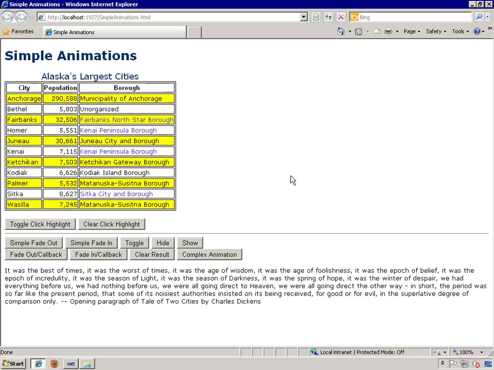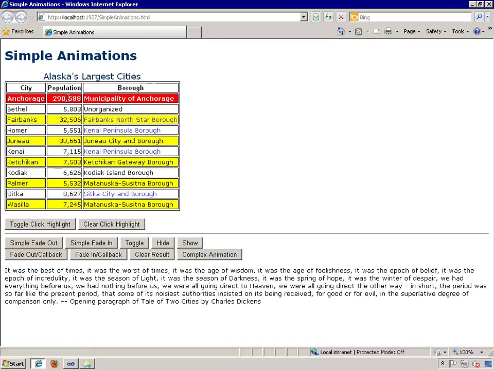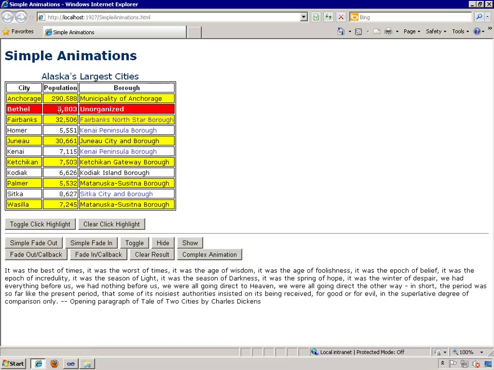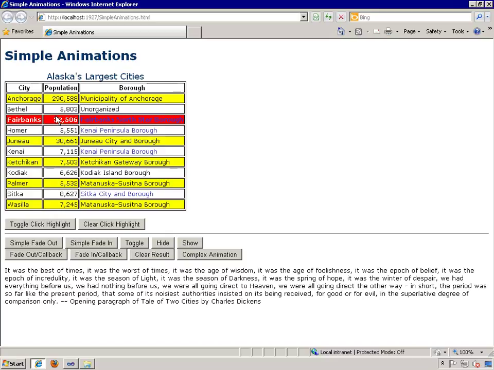Here's the simple animations page loaded within Internet Explorer. I've just loaded it, so the user hasn't done anything, moused over anything. So as I move the mouse around, you can see that as I move over a row, it turns a red background with the white color text. Move out of that row, and it loses the highlighting. Move into another row,